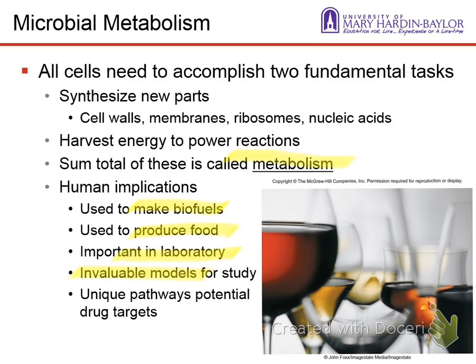And because there is so much diversity, that diversity provides beautiful potential drug targets. Remember, I told you earlier that when we want to develop drugs that can deal with microorganisms, the first thing that we need to do, the easiest way to kill them, is to find a process that they do that our cells don't do. And we'll talk about some of those pretty shortly here.